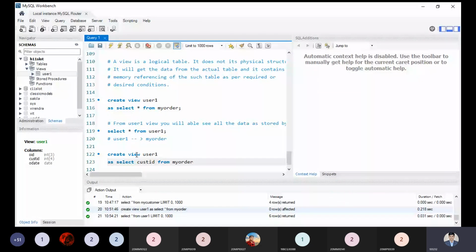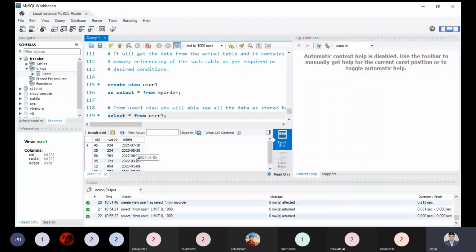So where customer ID is greater than or equal to 50. Suppose I am putting this condition. So you will be able to see over here the customer IDs which are more than 50. I can change it over here to 200 or 300. So if customer ID is greater than 300, that is it.